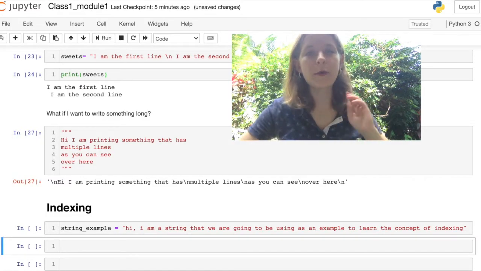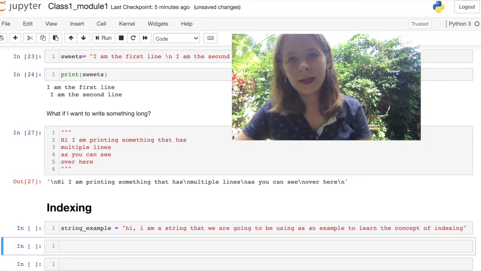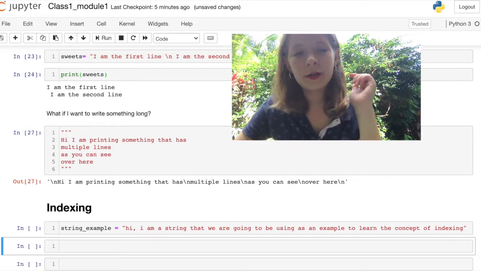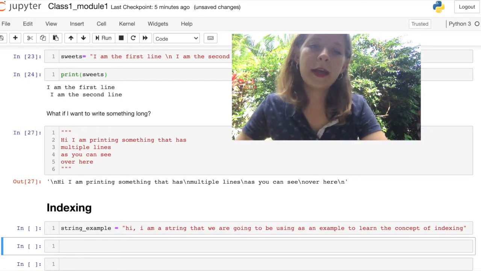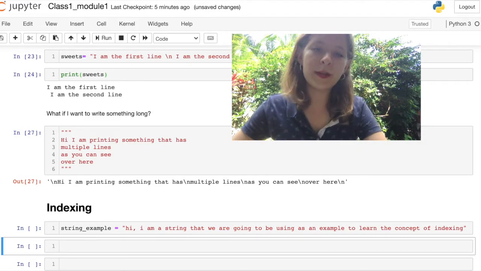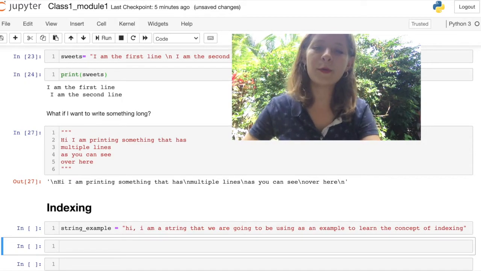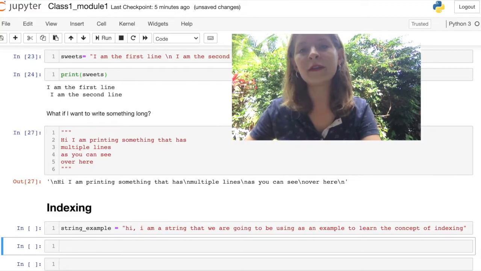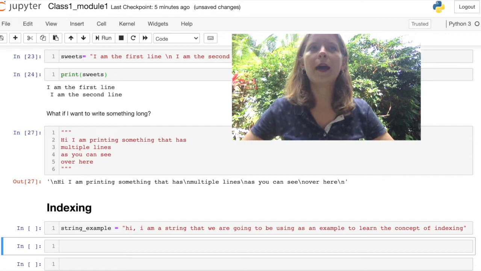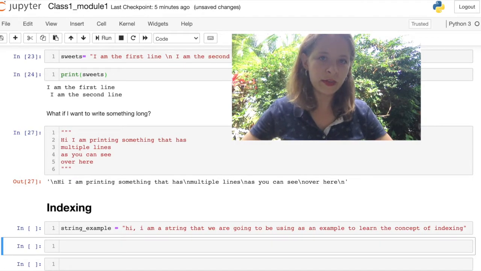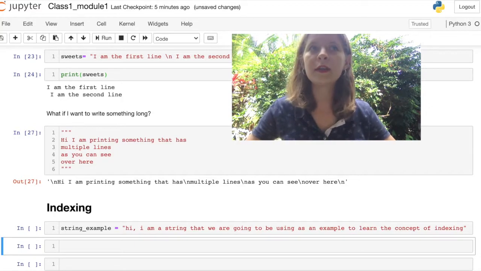Great. So now we can move on, and I have here a couple of new cells which are under the title indexing, and we have an example string that reads, "Hi, I am a string that we're going to be using as an example to learn the concept of indexing." As I said previously,